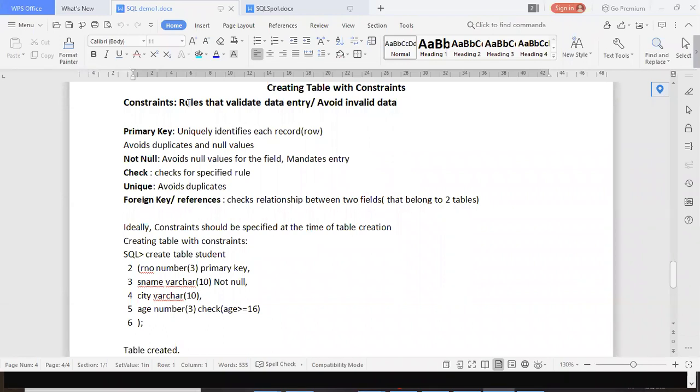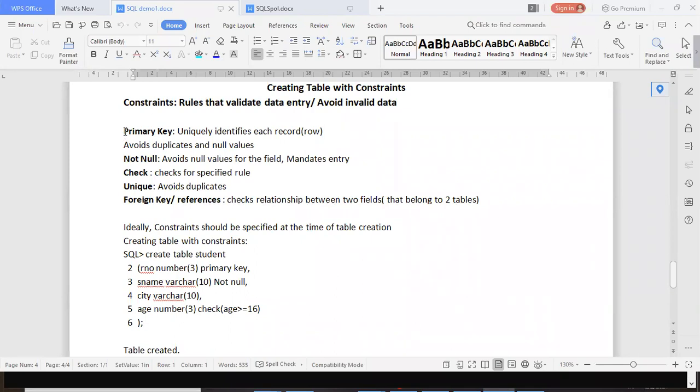The latest versions of RDBMS, that is Relational Database Management Systems, provide us with many constraints, which once set at the time of table creation, will automatically take care of avoiding invalid data throughout the lifetime of the database.